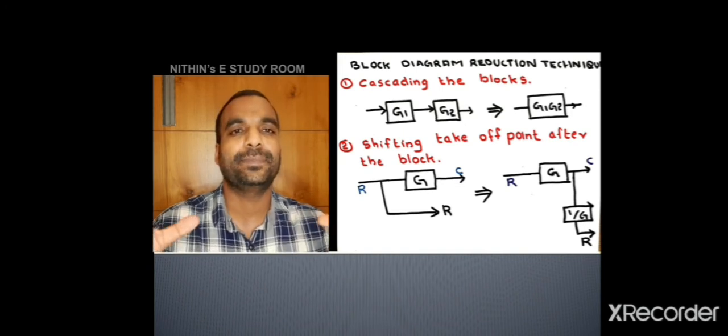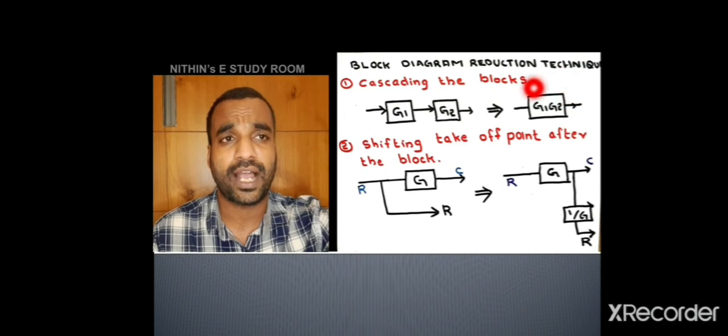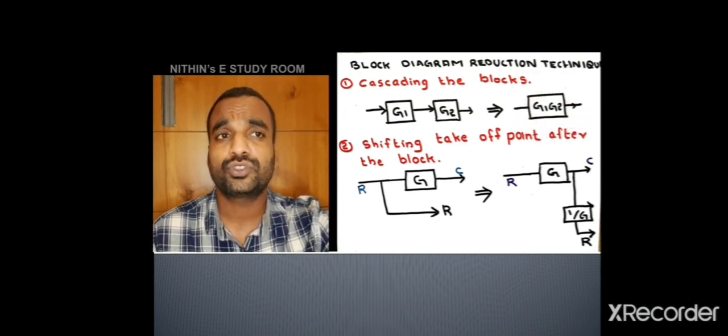So, we can simply mix these two blocks as shown in the figure, and the resultant block diagram should have a product of these two individual gains g1 into g2. So, if I am giving an input r1 here, what is the output? Output is r1 into g1 g2. So, the same output we actually obtained in the last case also.